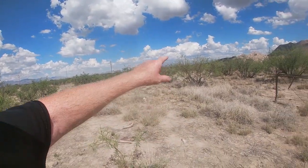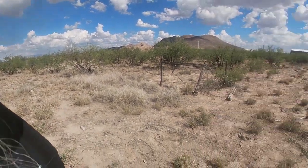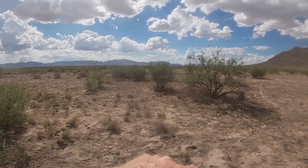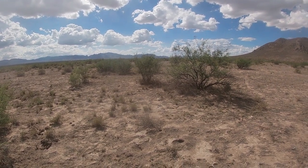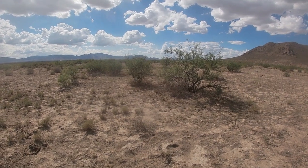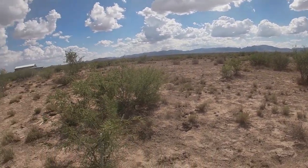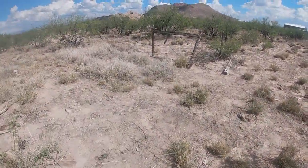Okay, so you're probably wondering why I was showing you the pole at the corner. My front corner on the road is where that power pole is, right in line with that. And the one I just showed you is straight out that way, but I can't see it. Maybe if I get up in the air with binoculars, I can get to it. But the reason I want to know, this is my property line, and as you can tell by the dung here, it's all over,